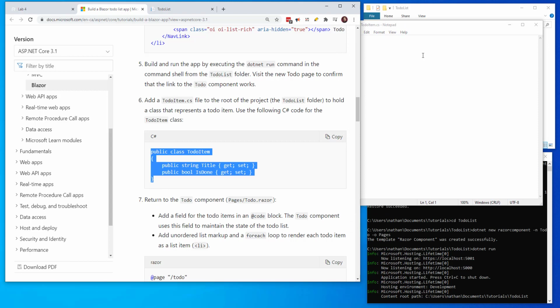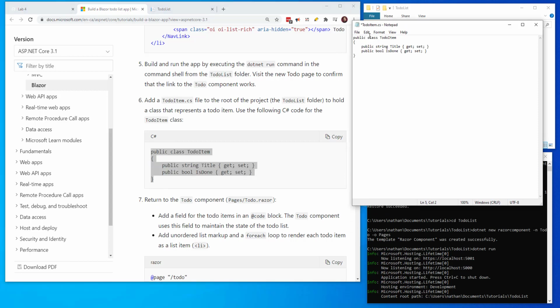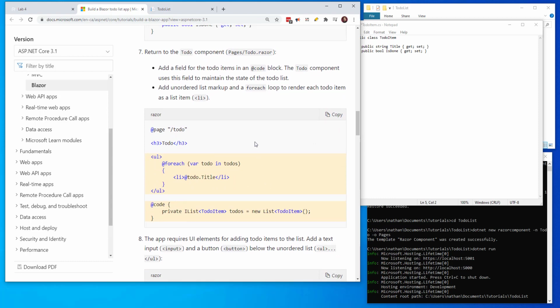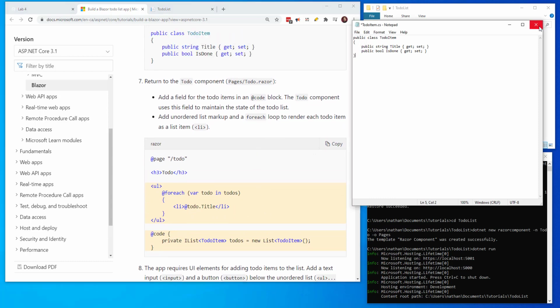Now we need to add our class. So our class is just going to define what a to-do item is and what properties it contains. So in this case, we have a title and a bool that decides, is it done? Now if we close this,